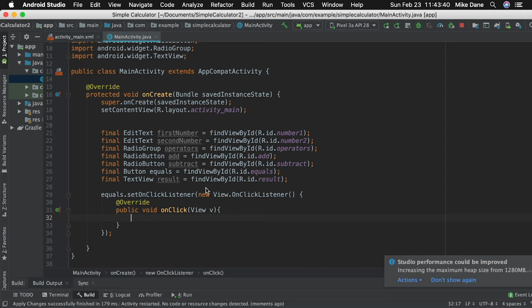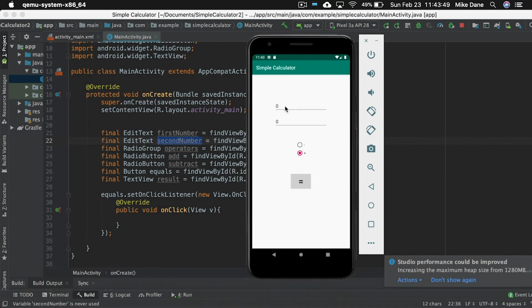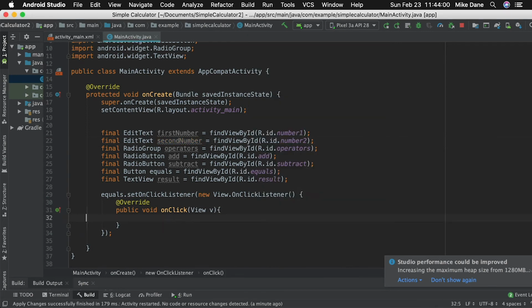So what's our next step? Well, the next step is we want to be able to get the numbers that are stored inside of the first number and the second number input boxes. So if we go back over here to our app, you'll see here we have our two input boxes. When I hit enter, I want to be able to get these numbers. So if I put like a 65 in here, when I click enter, I want to be able to access that 65. So how can we do that? Well,